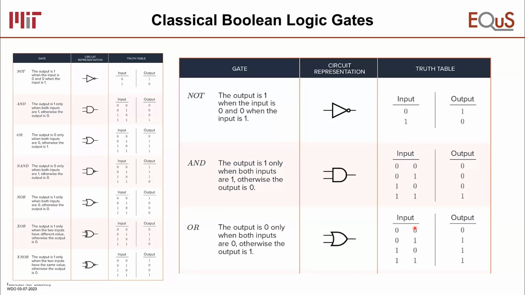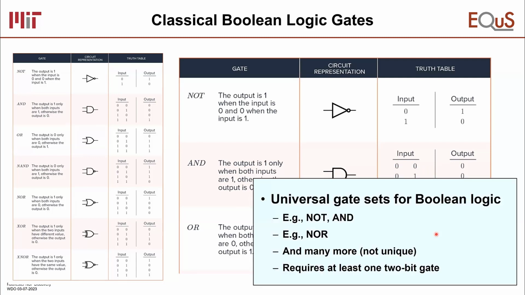So we have quantum gates, and they have an analog, right? In classical Boolean logical computing, we have Boolean logic gates, and I list many of them here, the NOT gate, the AND gate, OR gate, etc. And the truth tables are here. They're input states to output states, what these gates do. And I've blown it up here. So the NOT gate takes 0 to 1, 1 to 0. The AND gate, you can see its truth table, the OR gate, its truth table. And the point is that